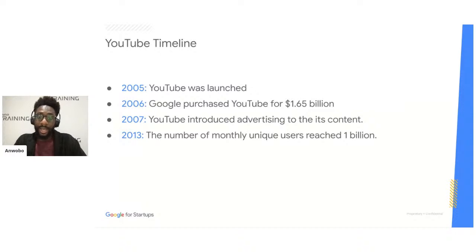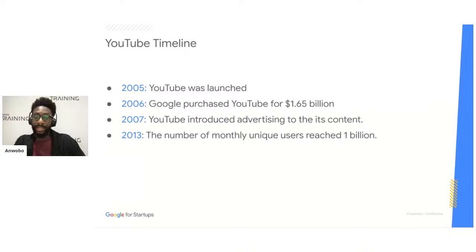In fact, to this day, when you think about the most visited sites in the rankings globally, I'm sure it's no surprise that the number one most visited site in the world is, of course, Google. But number two is YouTube. It's such a huge site and it sees such a large amount of traffic. And it just took those 8 years to get to that 1 billion monthly unique user number.